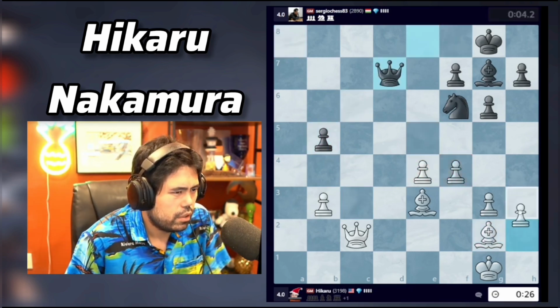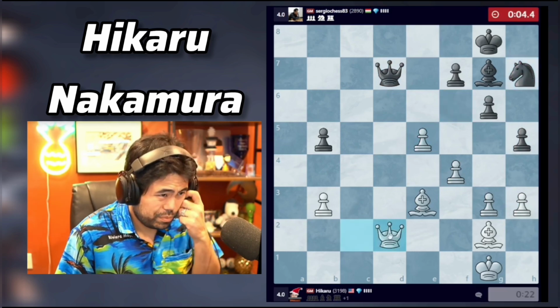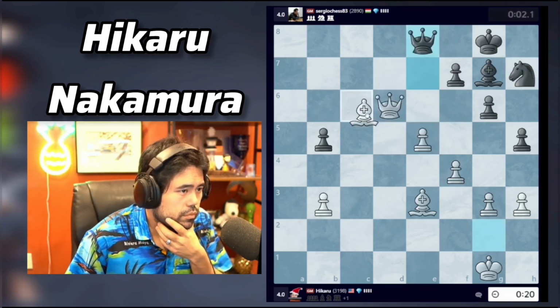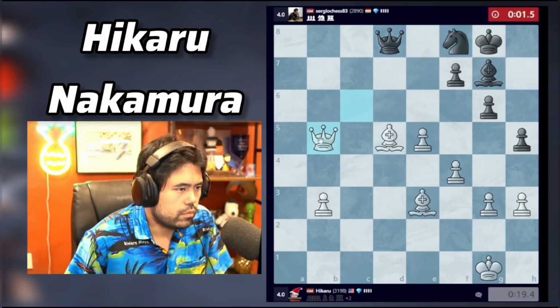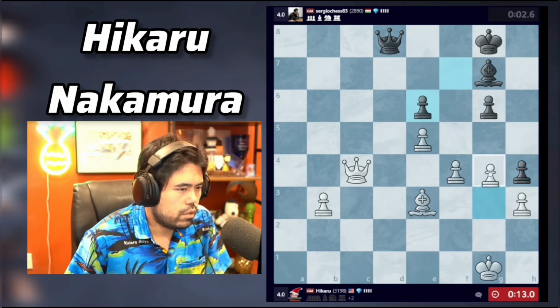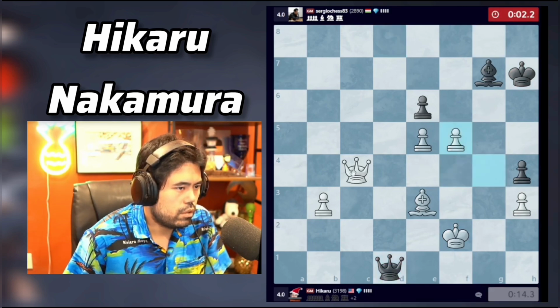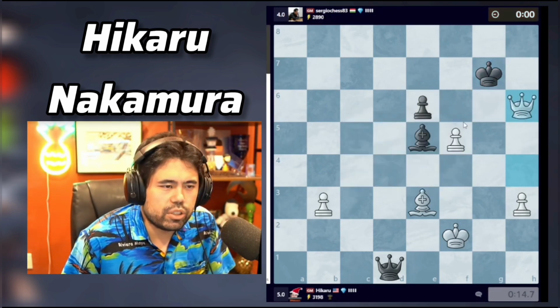I take, I go e5. Or h3. Go here. Here. Now I'm up two pawns. There we go. And now I win. My technique was not very good there. He had bishop